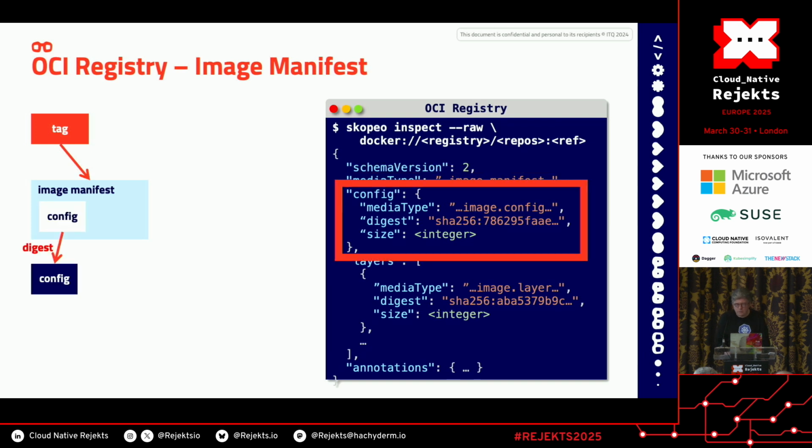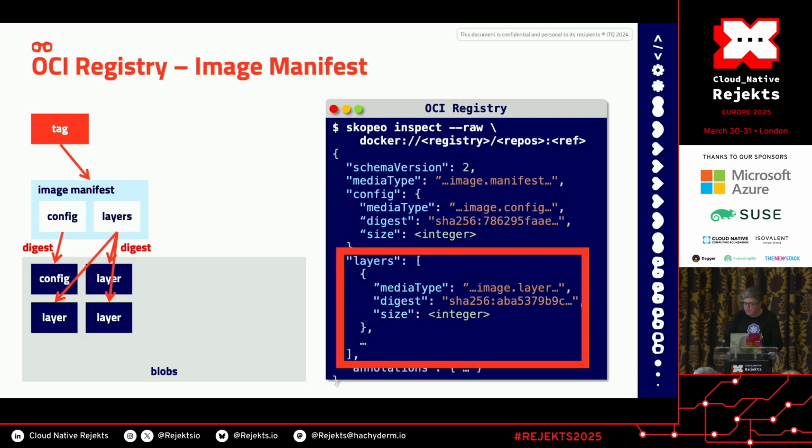And then there are 2 parts in the manifest. One points to the configuration of the image or the artifact that is stored in a blob. So it's a binary, and most of the time a tarball, inside the registry. And then the layers, which combined together create the container image, are basically tarballs as well, and each points via its digest to a blob in the registry.